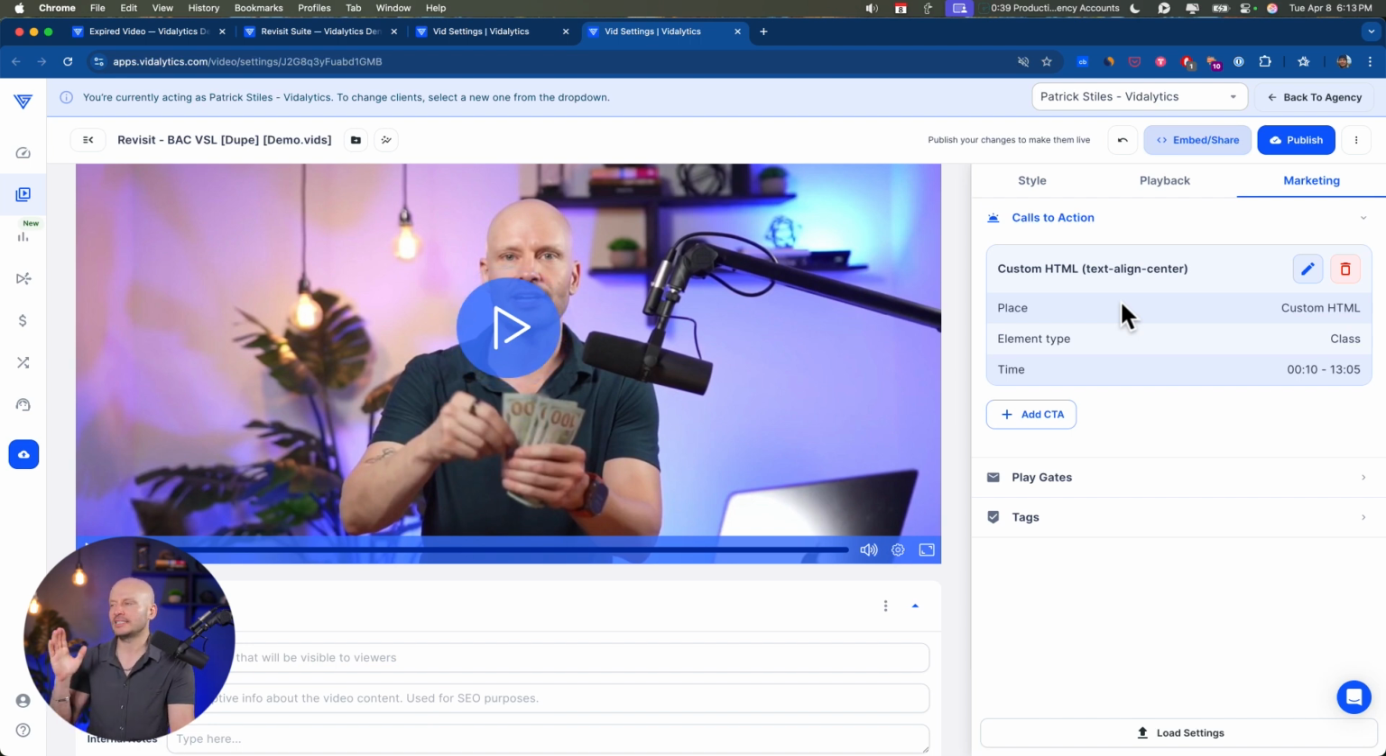Now, that's as technical as it gets inside of Vidalytics and the call to actions, but it allows you to get this built without the need for a web developer. And there's a few advantages to using call to actions inside of Vidalytics. Now, one is that what I just mentioned, you don't have to use a web developer, but also you can